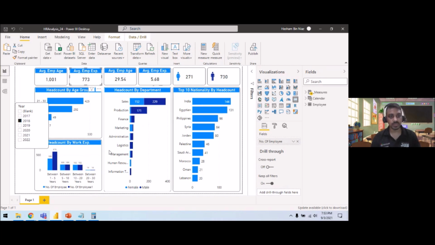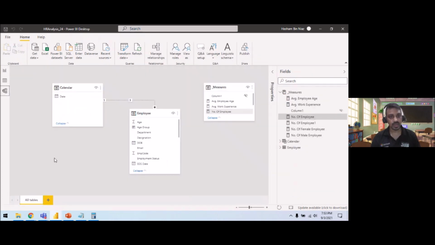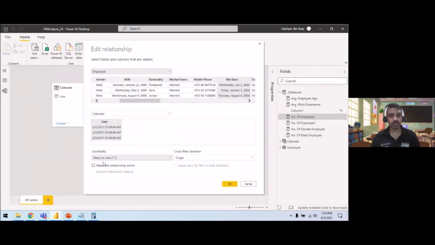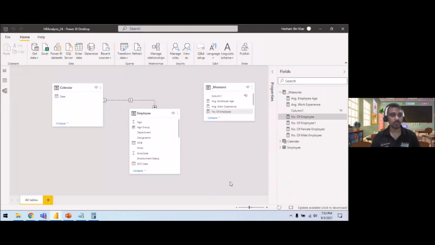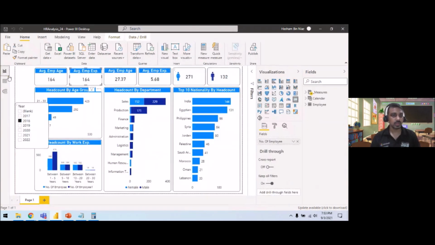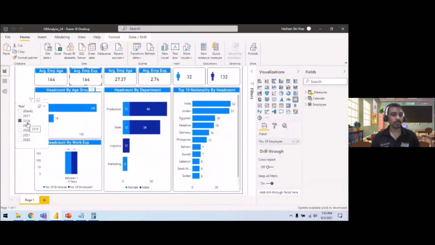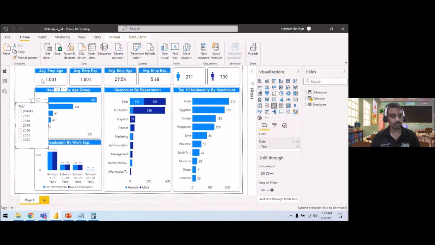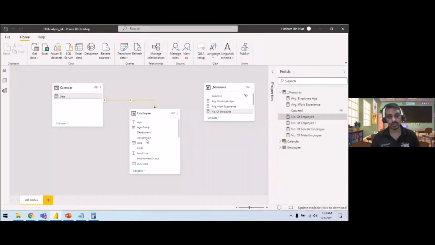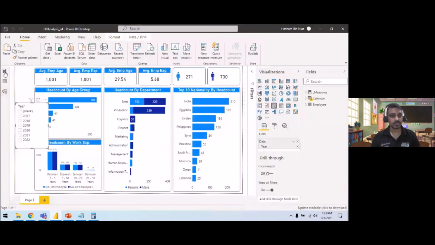even though my relationship is inactive. If I turn this back to active, what is happening now is it only shows me the number of employees hired in year 2018, rather than the 773 employees who are active. If I clear this one up, both show the same. And if I turn this back to an inactive relationship, you'll see the difference: one is going to show you 773 and this one